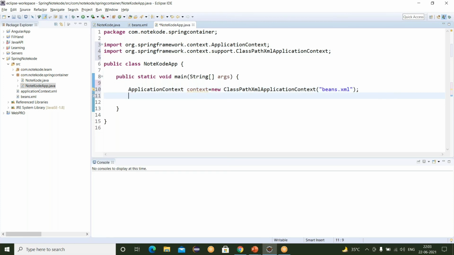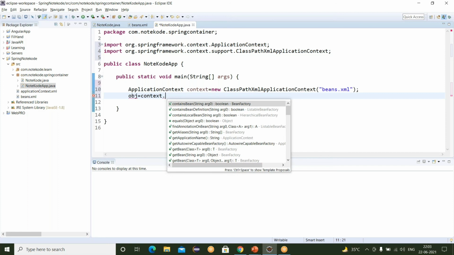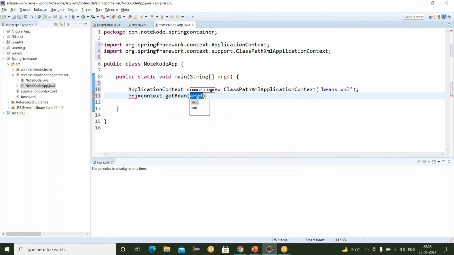Now, for instantiating our object, context dot, we have to directly call the getBean method. And inside this, you have to write the bean ID.